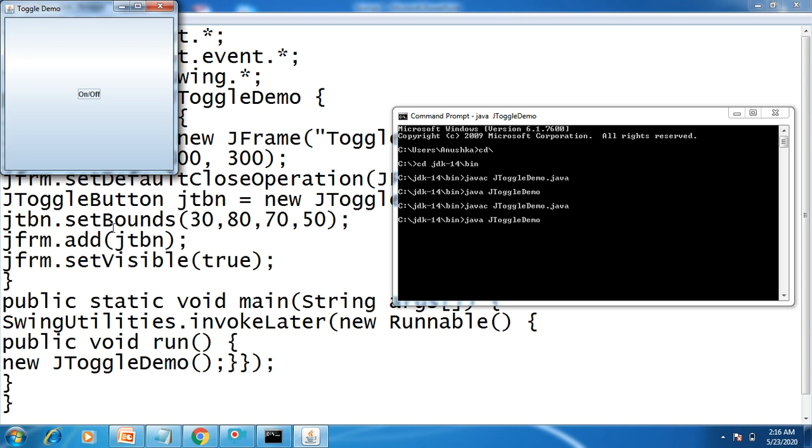Where you want to display, with setBounds. So as the window is 300 by 300 size, it has displayed at the center again, like that, on, off, on, off, on, off state. You can change.